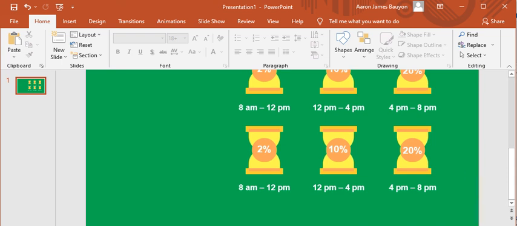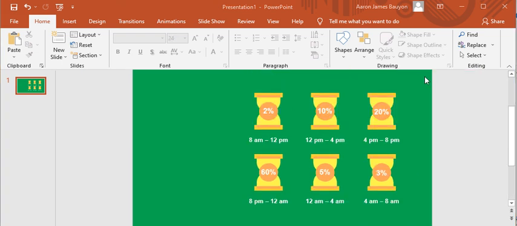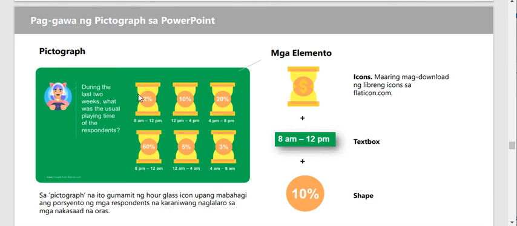Okay. So, ayan, nilagay ko na yung data for 8 p.m. to 12 a.m., 12 a.m. to 4 a.m., and 4 a.m. to 8 a.m. So if we'll go back to the original slide, kailangan ko ng icon for a gamer icon, and then I need to put a text box para maipakita yung original question doon sa Google Form. So, ayun, ito ay kinuha din sa